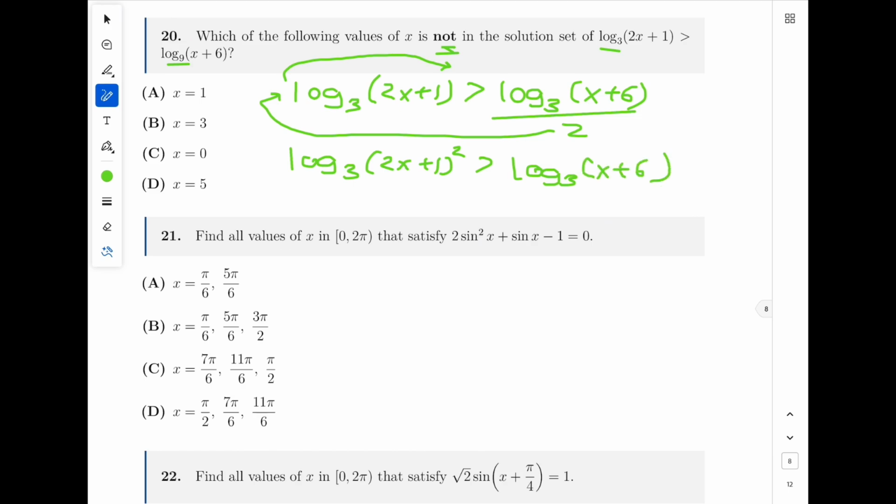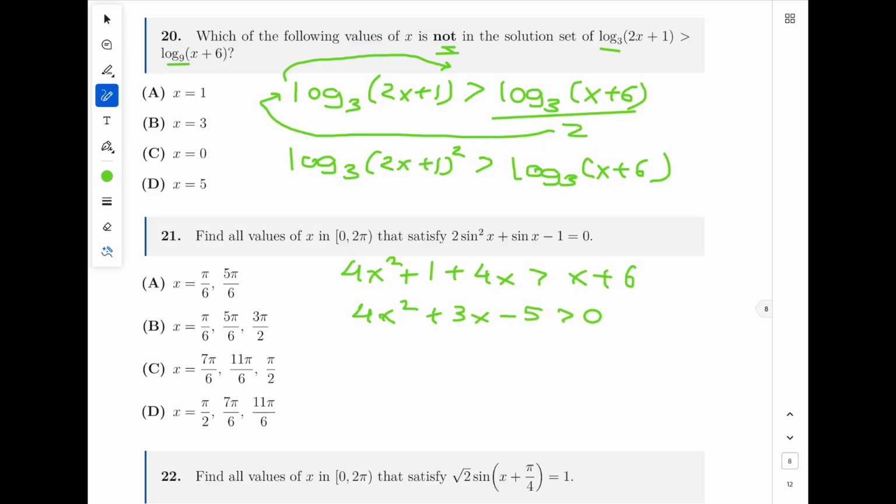I remove the log 3 and I expand, so I have 4x squared plus 1 plus 4x is greater than x plus 6, which leads me to 4x squared plus 3x minus 5